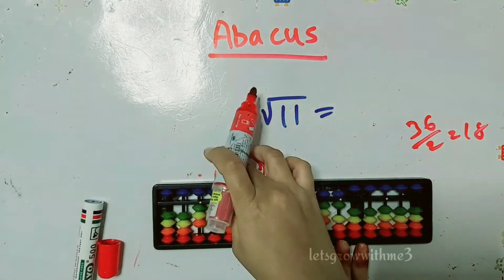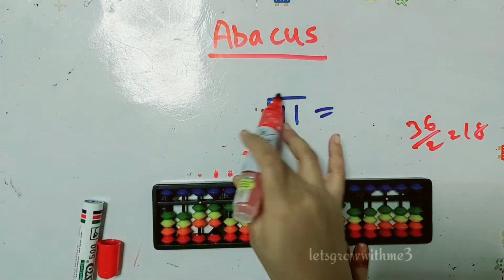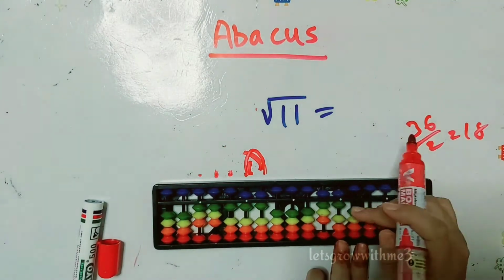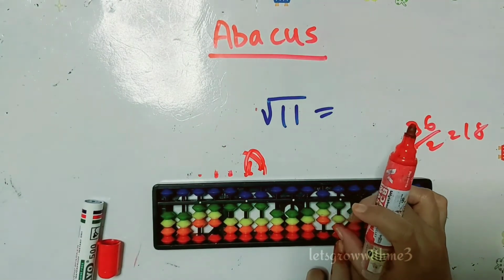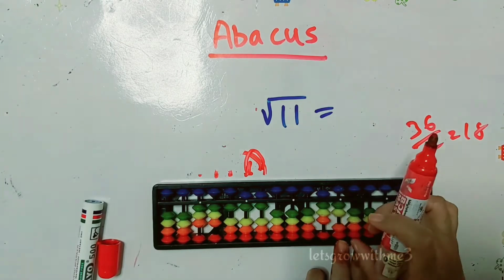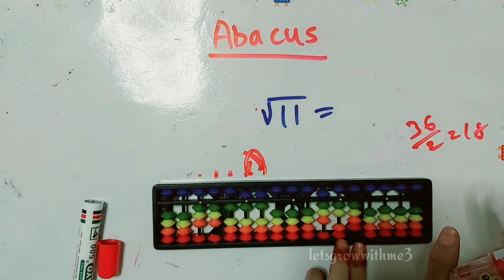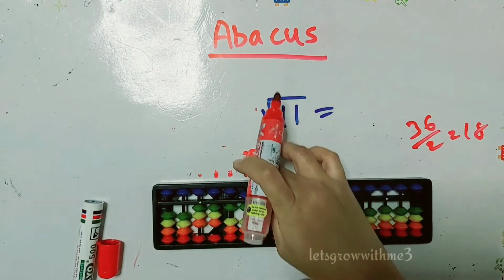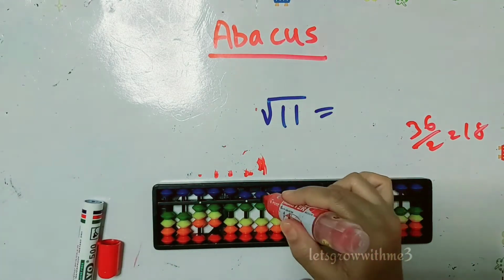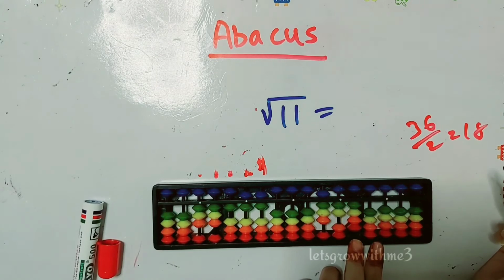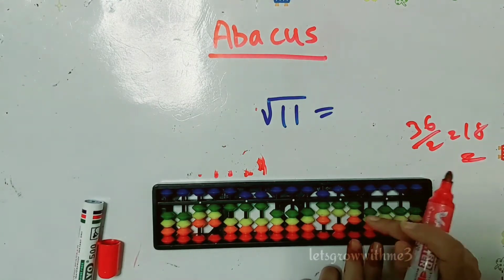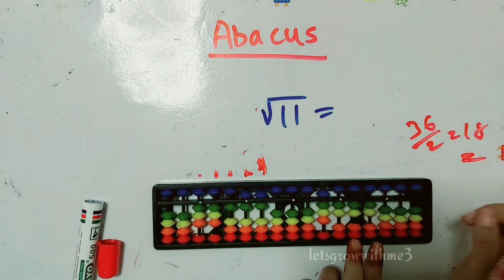Next again we have to change the position. Again we have to multiply 6 times 6, which is 36. So we have to remove 3 here. Done. And 6 here, minus 10 plus 4. Next we need to change the position. Then we have to multiply 6 times 6, which is 36, and half of 36 means 18. So we have to subtract 18 over here, so minus 10, and minus 10 plus 2.